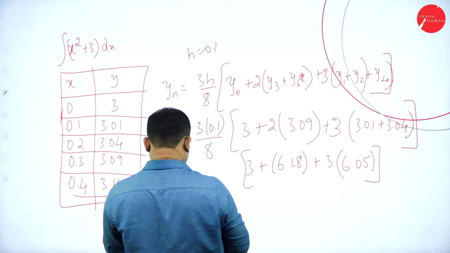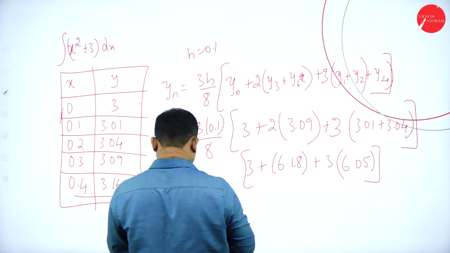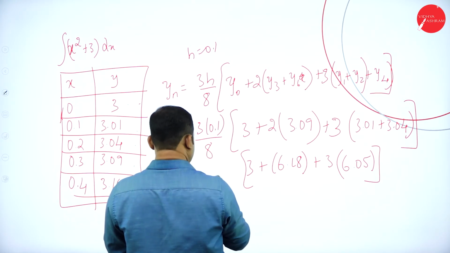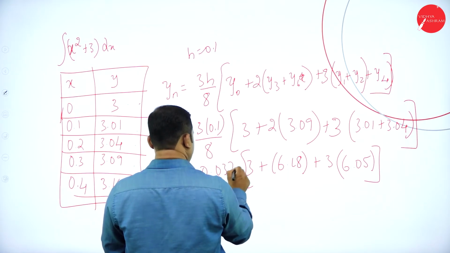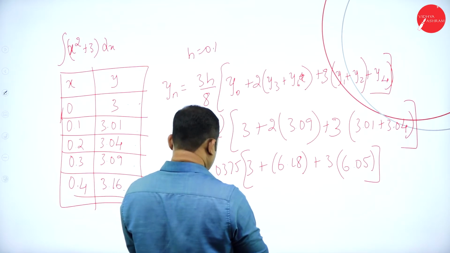That is 3 into 3 by 10, that is 0.3, divided by 8, which is equal to 3 by 80, equal to 0.0375. If I further simplify these terms, what happens? That is 3 plus